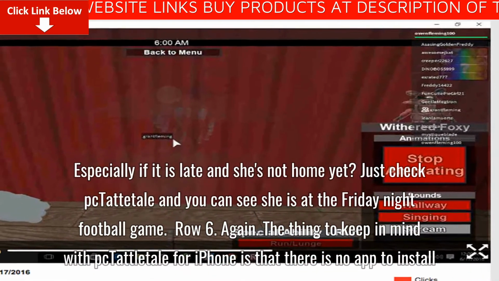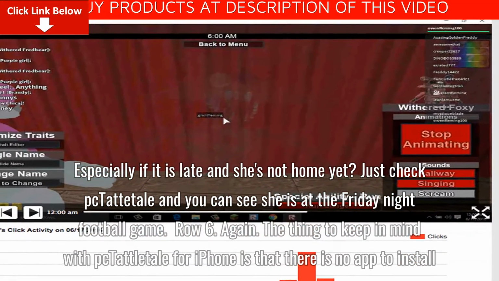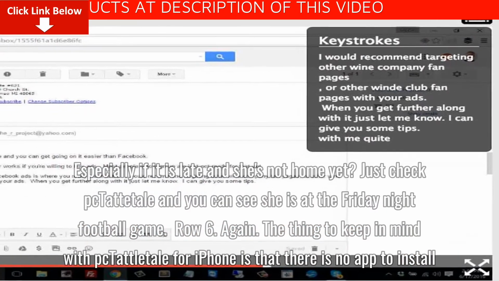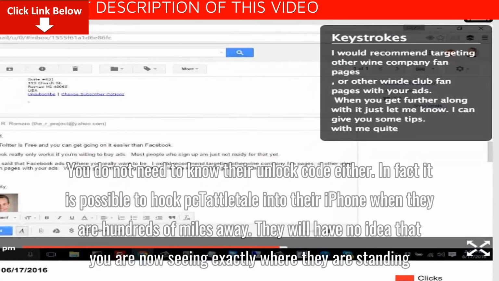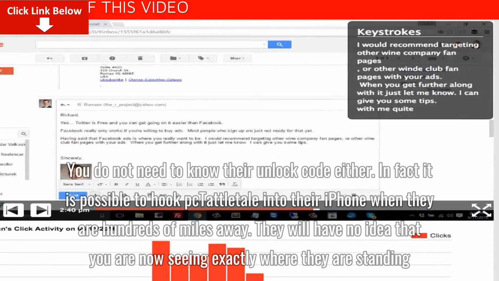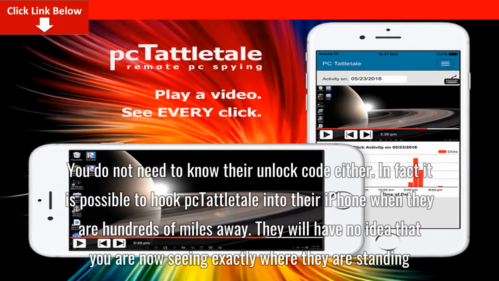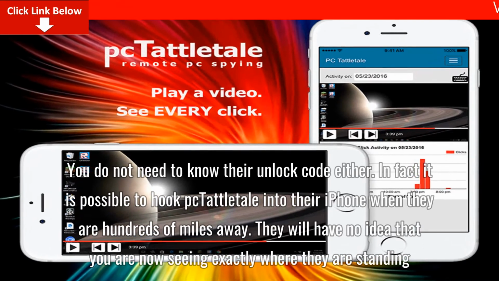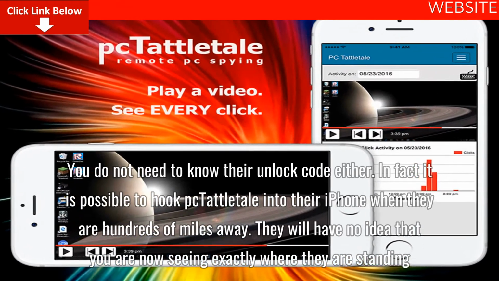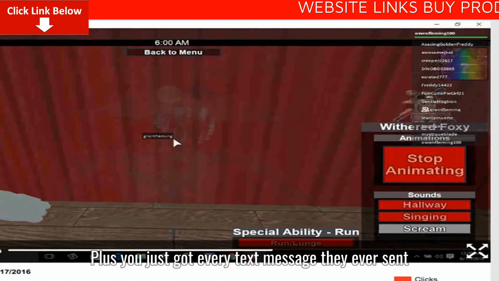Again, the thing to keep in mind with Tattletale for iPhone is that there is no app to install. You do not need to know their unlock code either. In fact, it is possible to hook Tattletale into their iPhone when they are hundreds of miles away. They will have no idea that you are now seeing exactly where they are standing. Plus, you just got every text message they ever